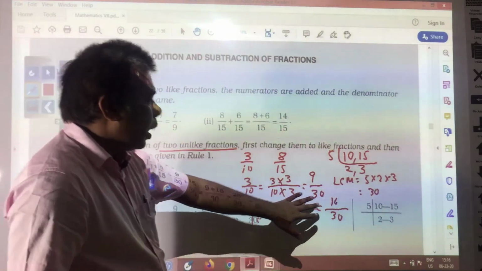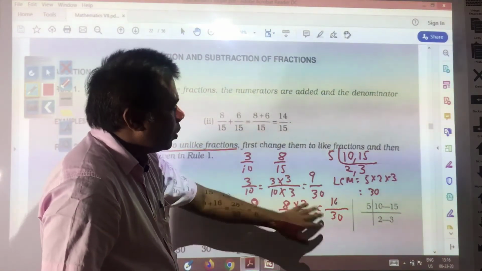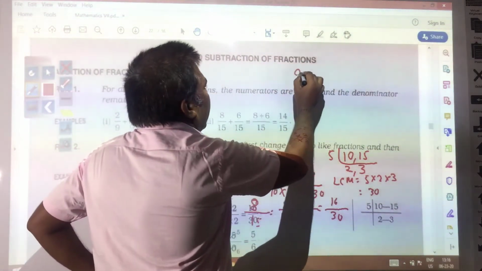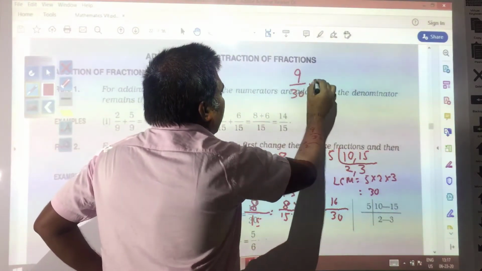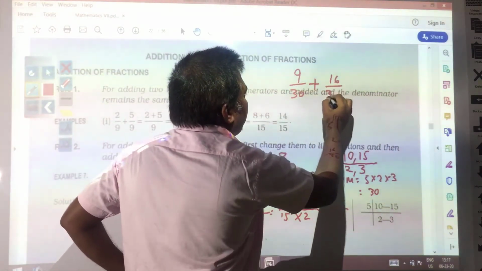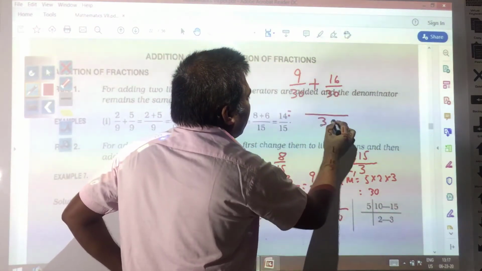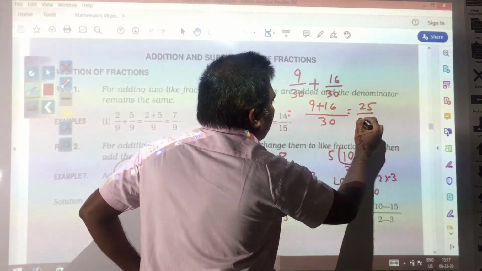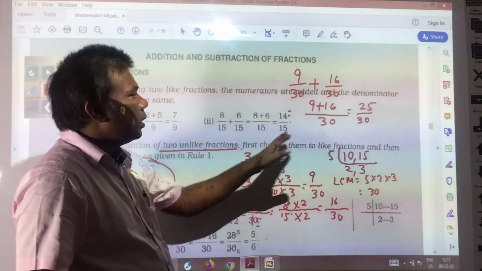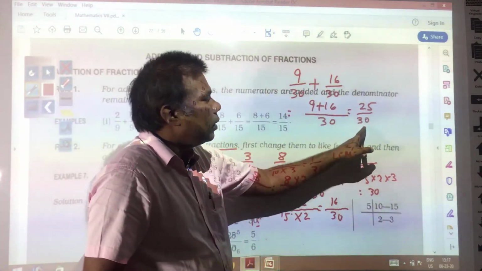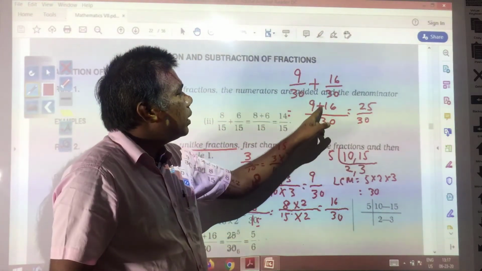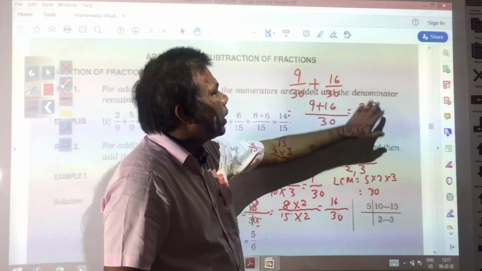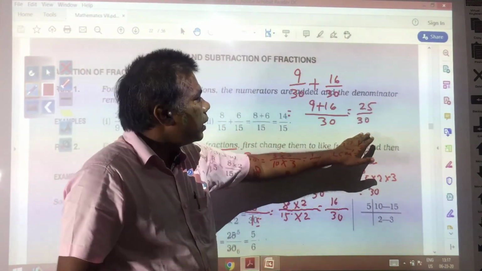Again, you do not have to find out which is greater or smaller. What you need to do is add the numbers. So 9 by 30 plus 16 by 30. For the denominator you do nothing, and the numbers in the numerator are required to be added. Even in subtraction the same thing is required to be done. You get 25 by 30. If there is a minus sign, just put minus and subtract the numbers. You can write 25 by 30, which is also a correct answer, or